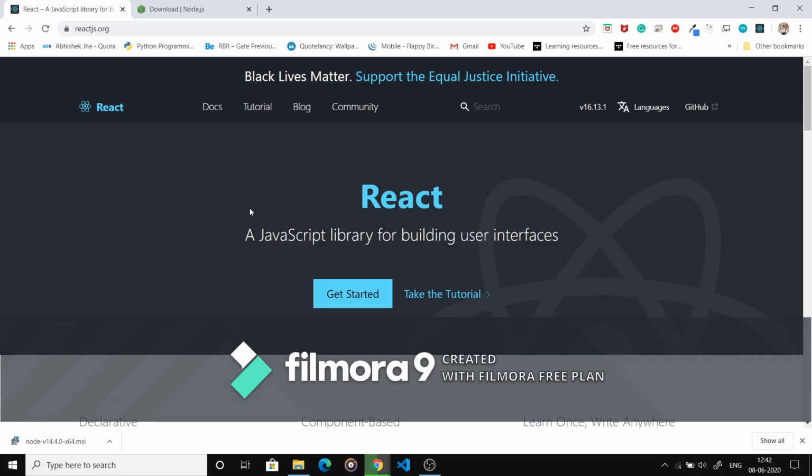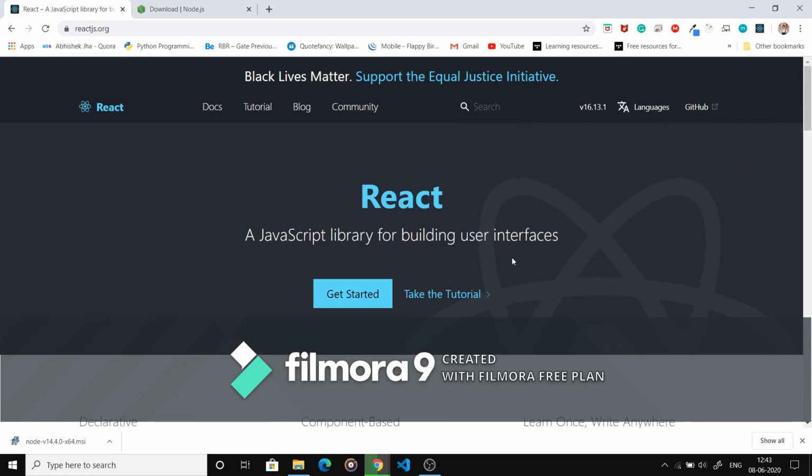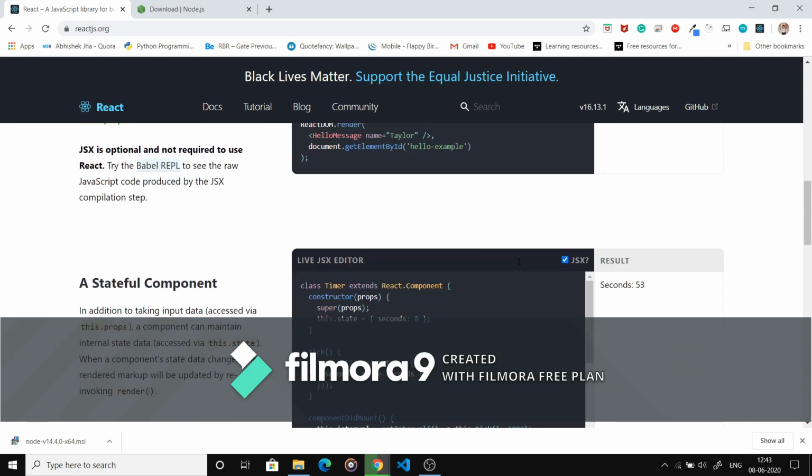What is a component? A component is a block having some properties and also some states. We will discuss this in later videos, but now I will explain what a component is on this website. This is a component: the header portion is one component. This is a second component, which has React in the middle, and there are some other components. A component means a block having some properties and some states. States means some activities.